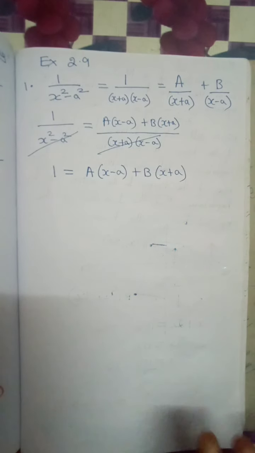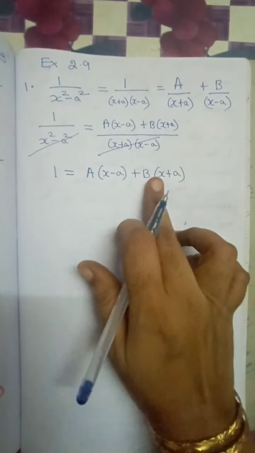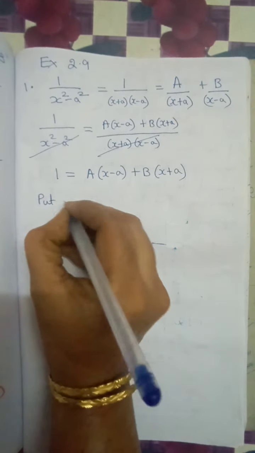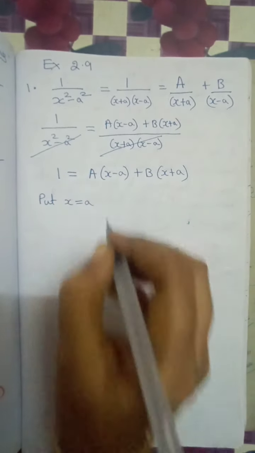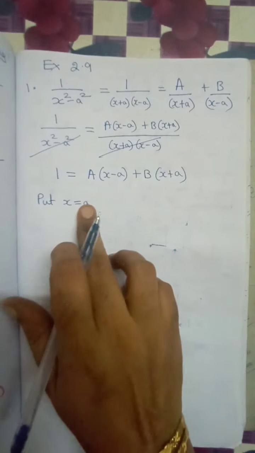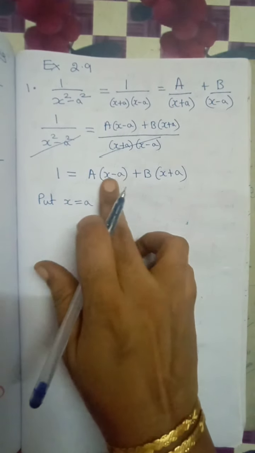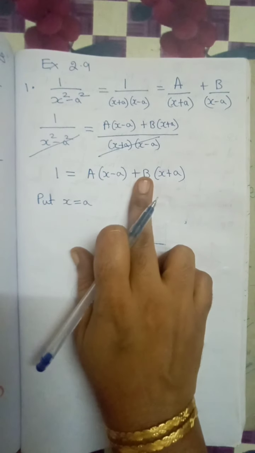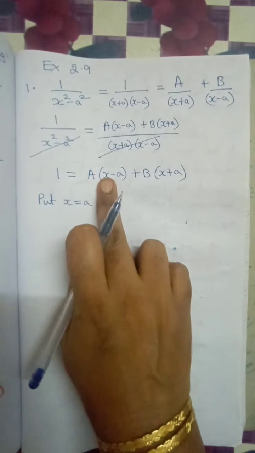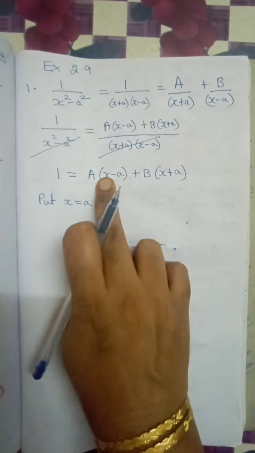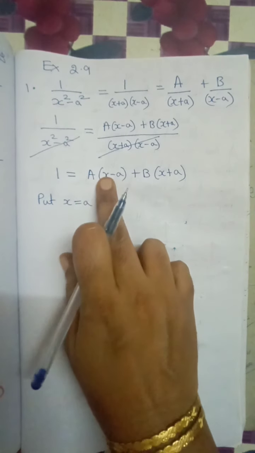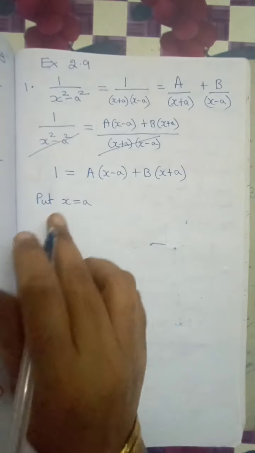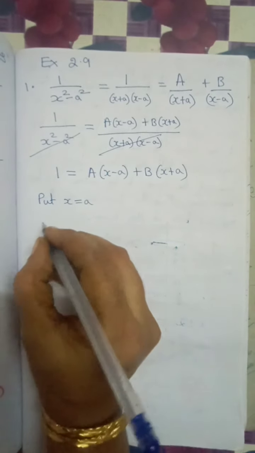Now our only target is to find out what is a and b. Let me put x value as a. The idea behind is, if I put x is equal to a, this bracket will become 0. Automatically I will get the answer for b. So this is the way you have to think. What value if I substitute for x, it will become 0. So if I put a here, a minus a is 0. So I am going to substitute that value of x is equal to a.